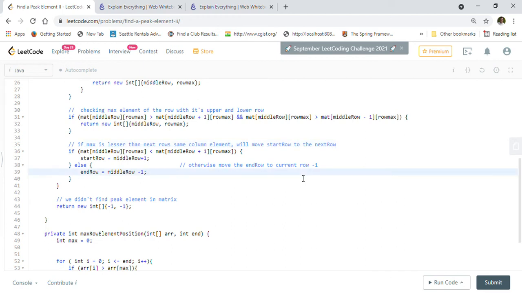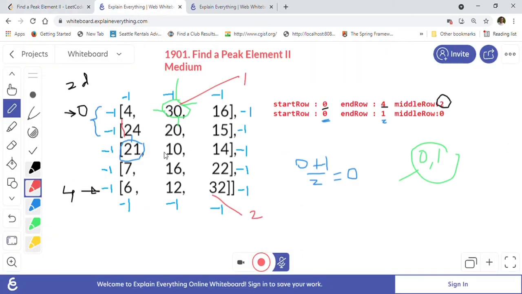Now if the element we have found is not the peak element, we will compare with the up element, and if it is smaller than the up element, then we will set start row equal to middle row plus 1. As you can see here, for the 21 element, we compare with the up element, which is 24.